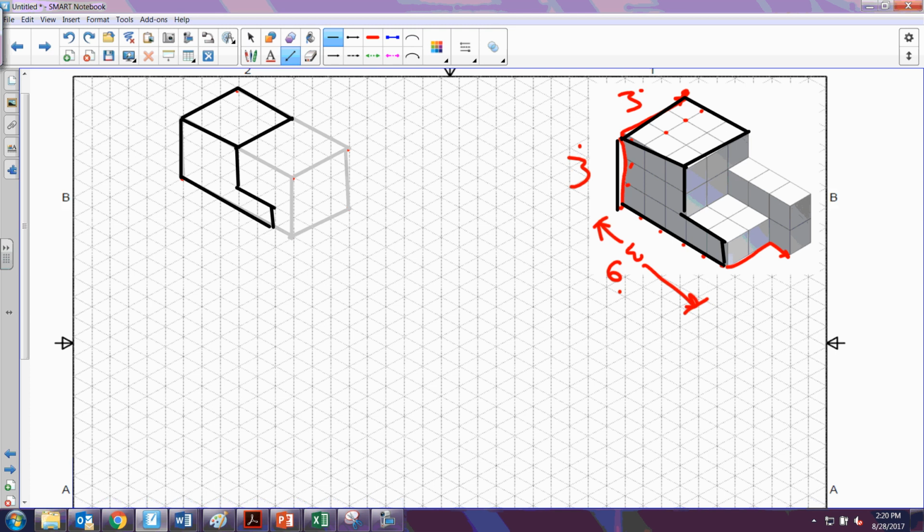And for more complicated objects, you can even go through and number and create points on your object. But for this basic one, we're just going to fill in the sides of it. The last edge or face that I'm going to do are these 2 squares that touch the right side of it. So right here, that's going to be the right edge of it. Now I have to go in and use my construction box and points of reference to fill in the rest. So right here,